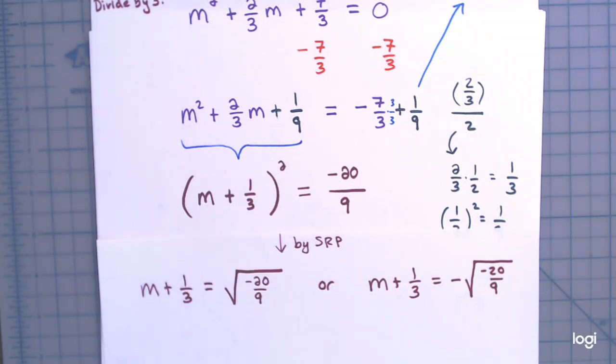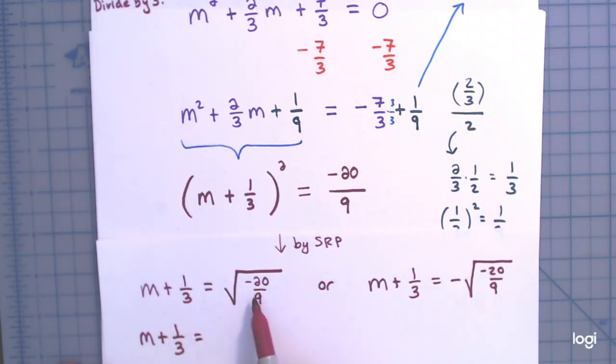When you see the square roots of negative numbers, you should automatically think, I need to rewrite this as a pure imaginary number, a number involving that imaginary unit i. Remember, i is the square root of negative 1. So immediately I'm going to do that. So we have m plus 1/3